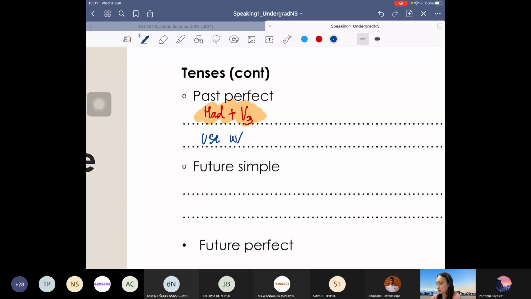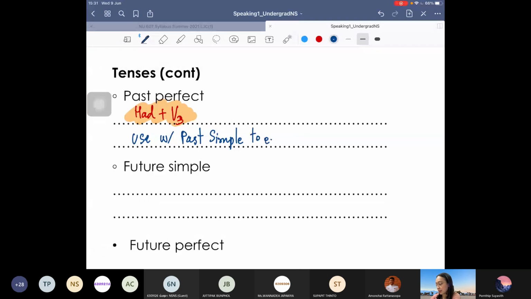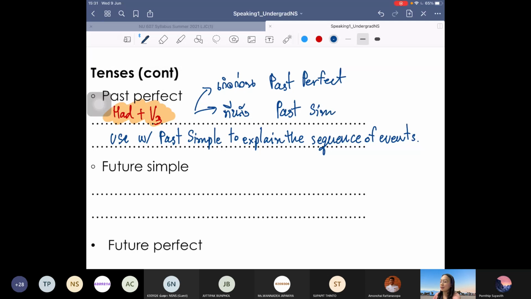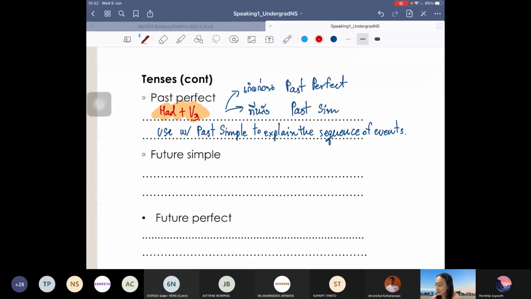to explain the sequence of events. โอเค so เหตุการณ์ที่เกิดก่อน อันนี้ขออนุญาตจดเป็นภาษาไทยได้เข้าใจง่ายๆ เกิดก่อนเราใช้ past perfect เกิดขึ้นทีหลัง เราใช้ past simple แล้วเราใช้รูปแบบอย่างนี้ตอนไหนล่ะ ยกตัวอย่างให้ for example มีสเปซเหลือไหม ขออนุญาตจดข้างบนนี้นะคะ